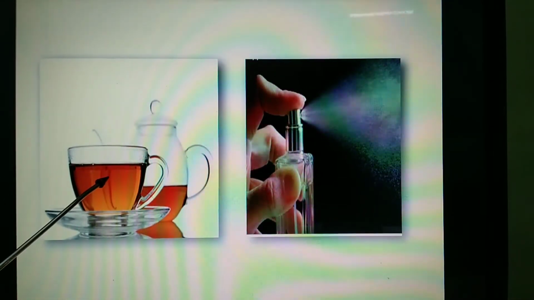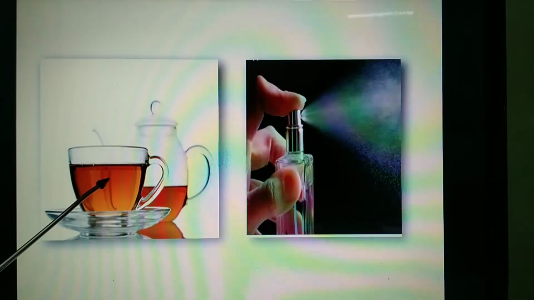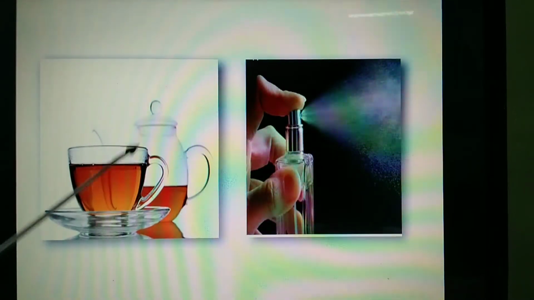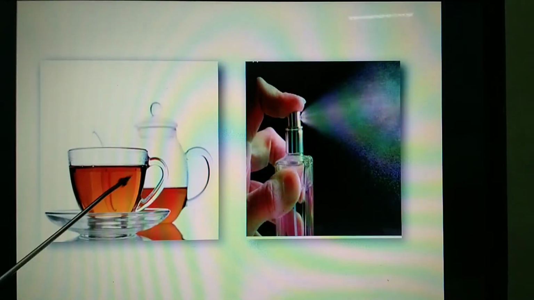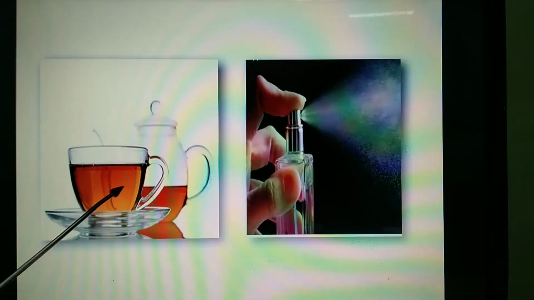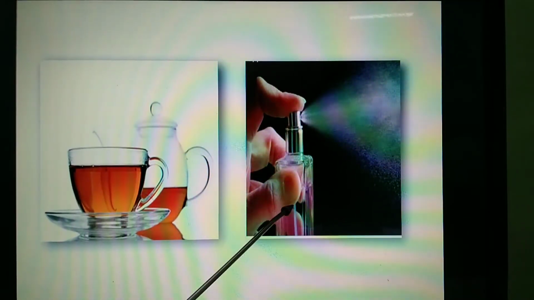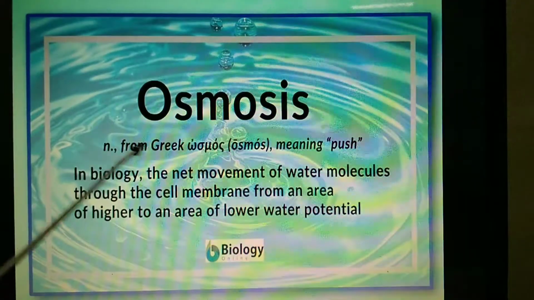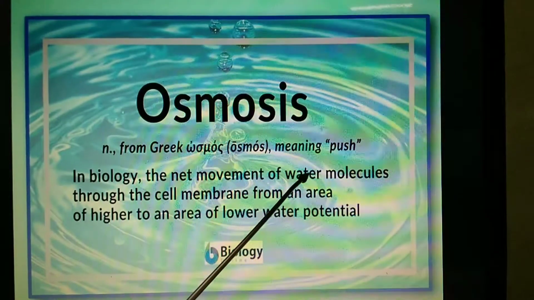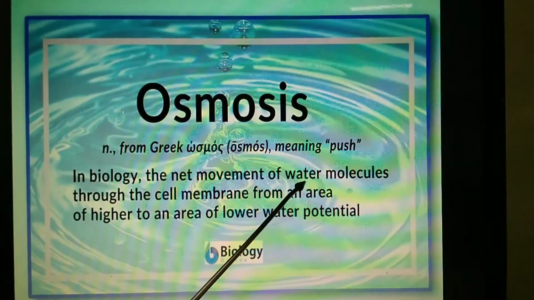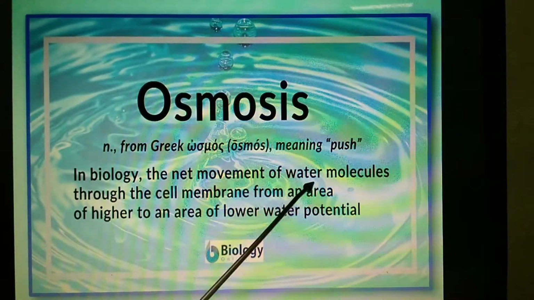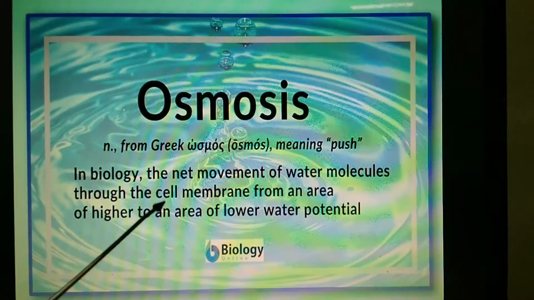Similarly, when we add tea leaves to hot boiling water, the tea will start diffusing from the higher concentration to the lower concentration in the water. So both the cases are examples of diffusion. On the other hand, in case of osmosis, there is a net movement of water molecules. That means here the movement will be of the solvent. So there will be the net movement of water molecules across the cell membrane.